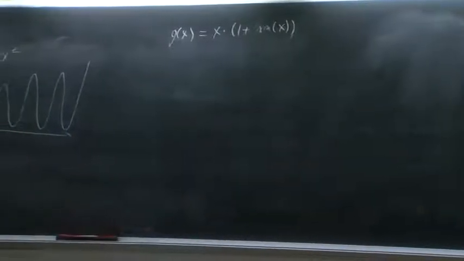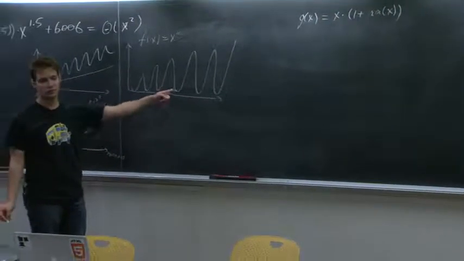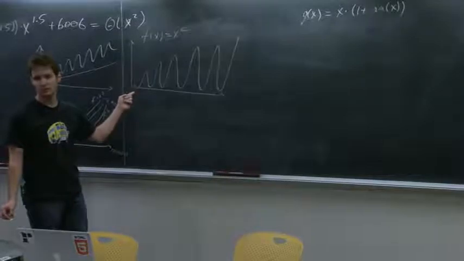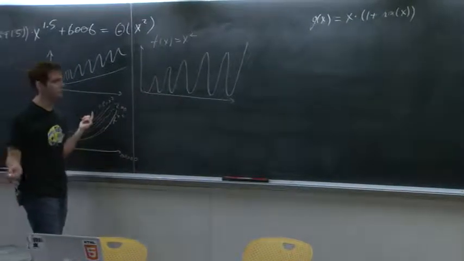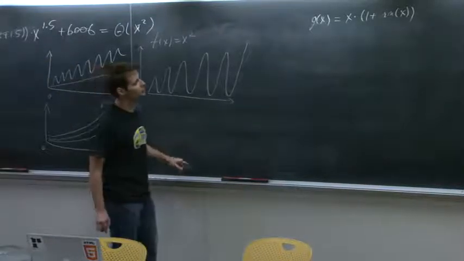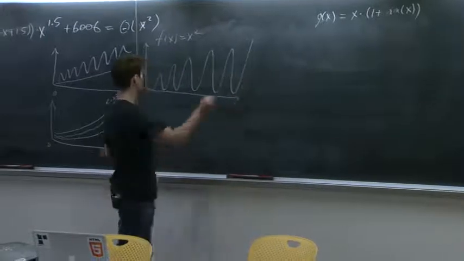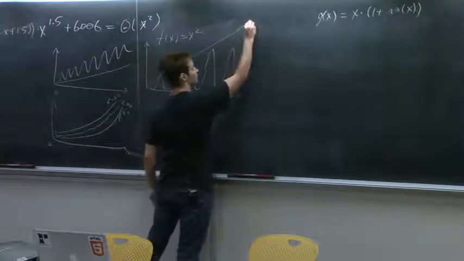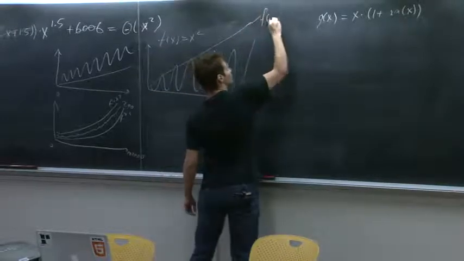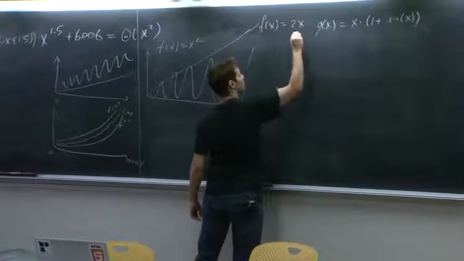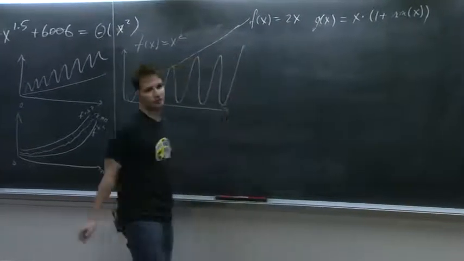So I can't say anything about the lower bound of this. This is going to hit 0 at an infinite number of values, right? So I can't have a nice lower bound for it. The lower bound for it is 0. But I'm pretty sure that it's never going to be bigger than 2x, right? And that's still worth something. So there's this other function here that's supposed to be a line. Pretend it's a line. f of x equals 2x. And I know for sure that this is never going to exceed this.